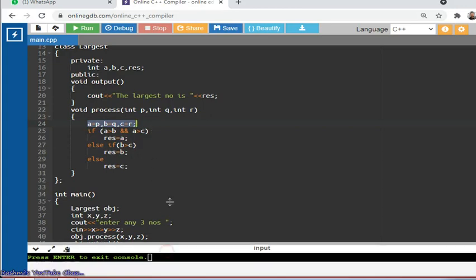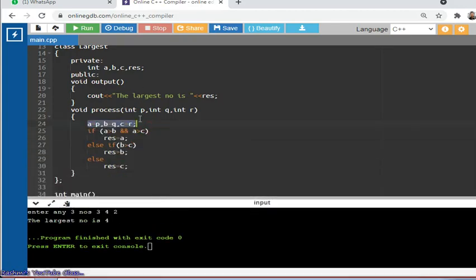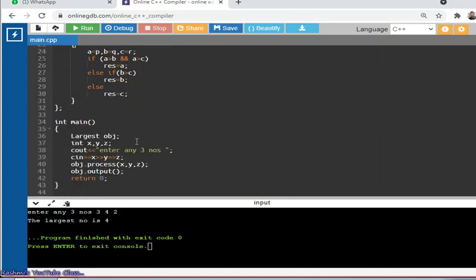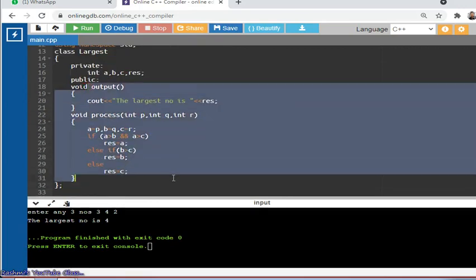Okay. Now check the output. Output is okay. I told you before there won't be any changes in output. Only the process and concept will be different. So here we don't have input, or you could say the input I kept in the main function. Only the process and the output are done by the class. Fine. This is the second concept which we discussed here, students. Hope all of you understood the concept nicely. Thank you.